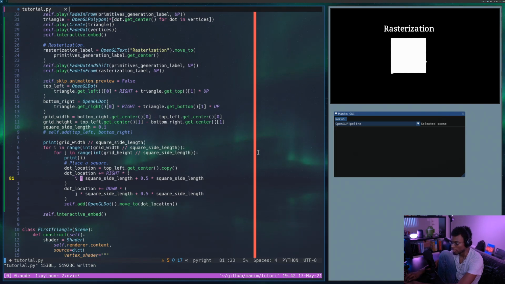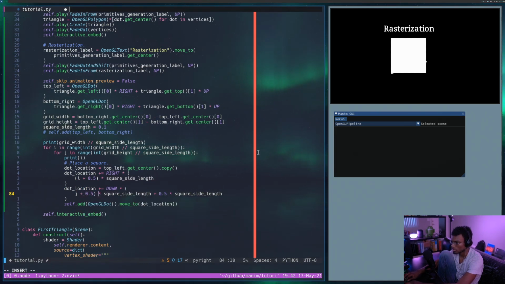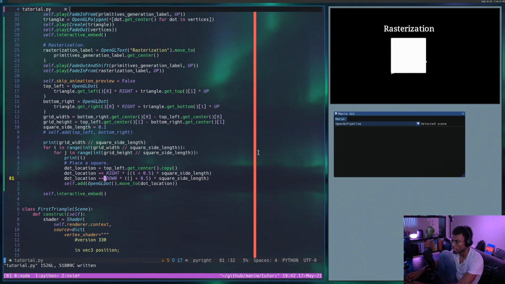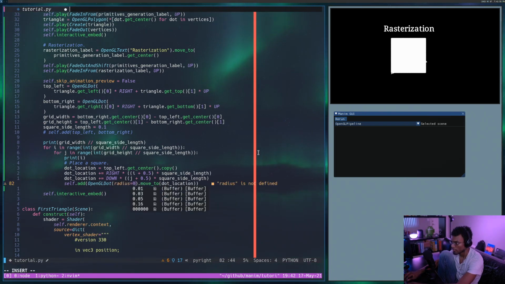This is I plus 1/2. This is J plus 1/2. It should be the exact same thing. Perfect. Now, let me bring down the radius of this